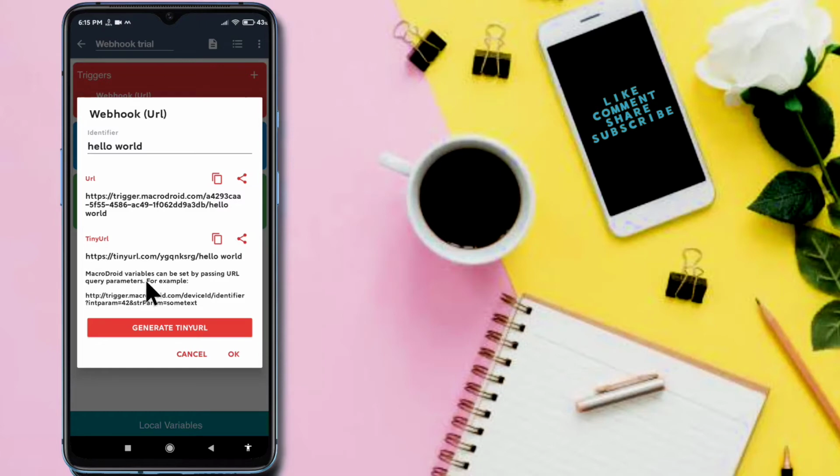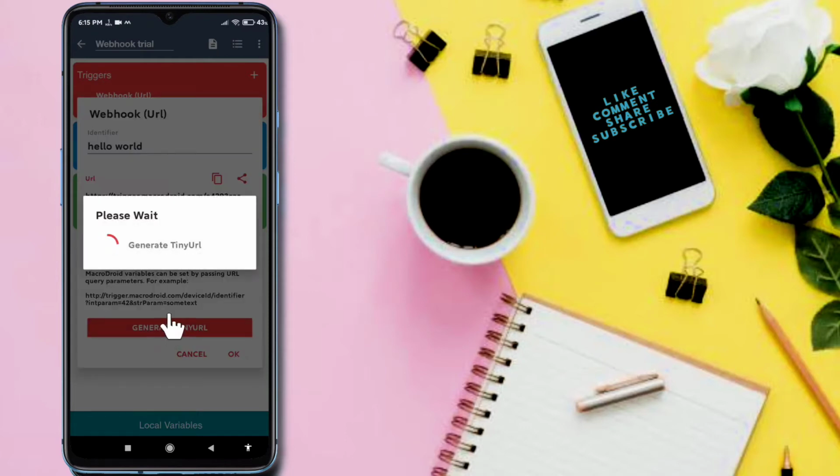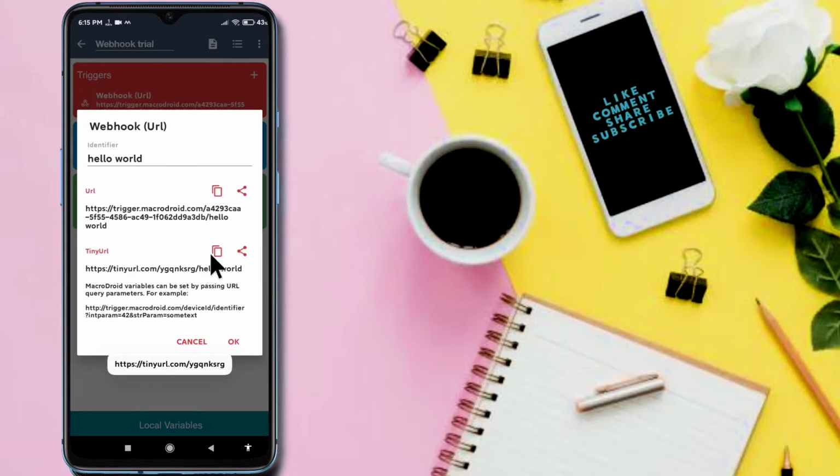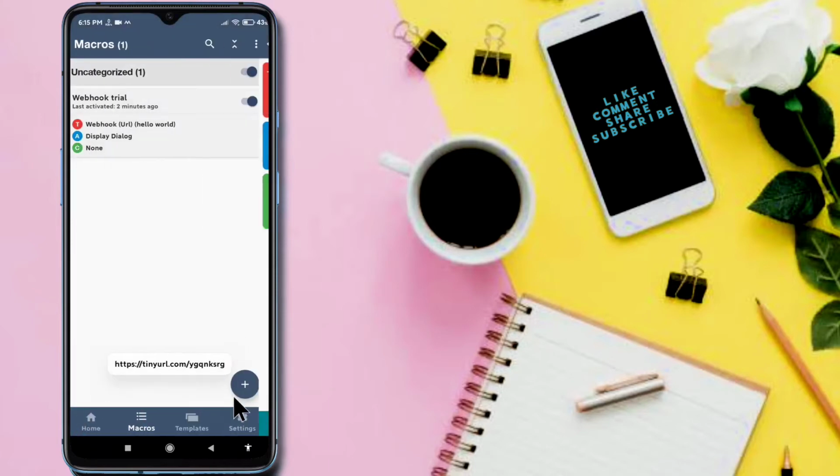So using this webhook, we can also set variables. Before that, I want to check whether this trigger will fire or not by using a tiny URL. So I am generating a tiny URL. So tiny URL generated again. Now I am copying it. Now clicking OK, saving it.